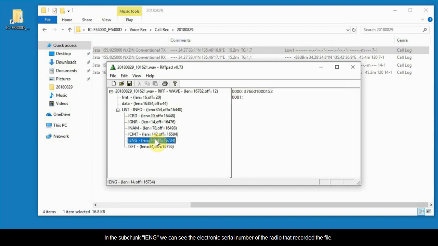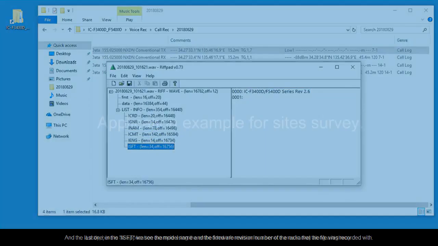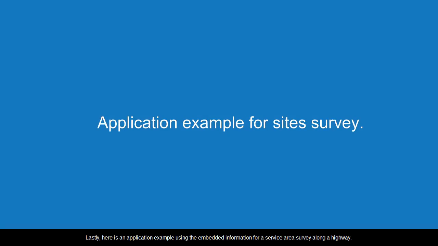In the subchunk IENG, we can see the electronic serial number of the radio that recorded the file, and the last one, in the ISFT, we see the model name and the firmware revision number of the radio that the file was recorded with. Lastly, here is an application example, using the embedded information for a service area survey along